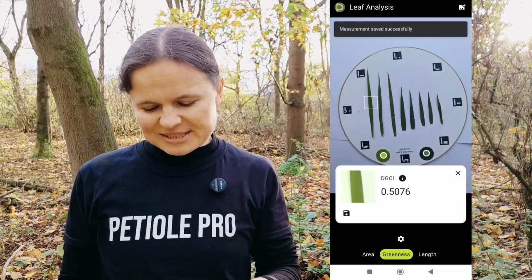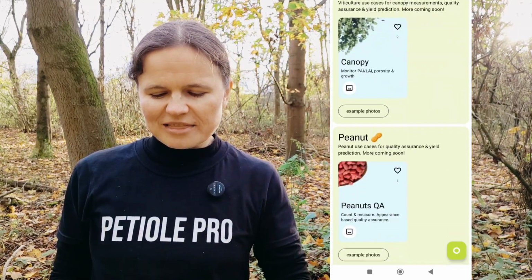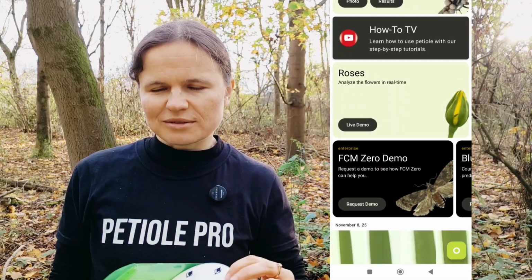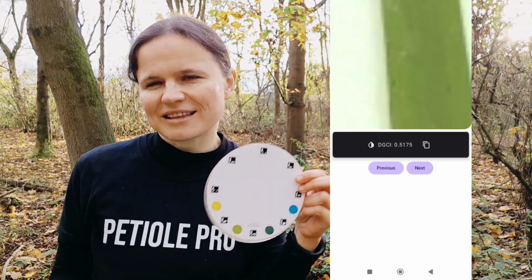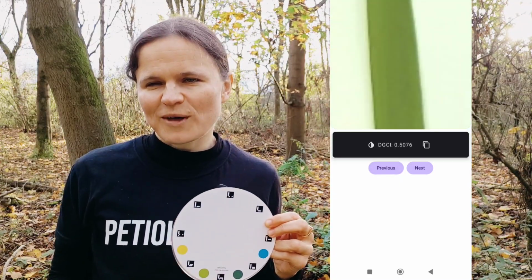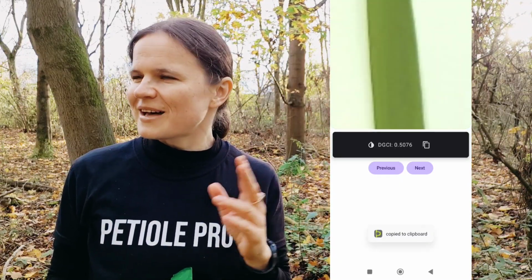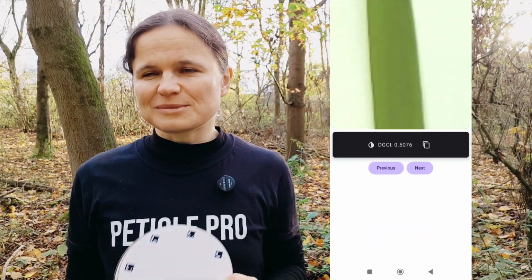But either with the traditional one, or we also have developed another calibrating plate which is more advanced, and it has 4 color markers, because it can also assess not just greenness but other types of color allocation for specific plants. So that's why we speak about DGCI as the main criterion for how you can assess the greenness